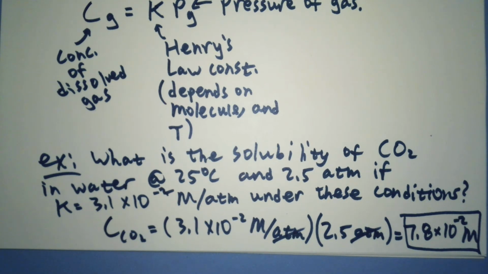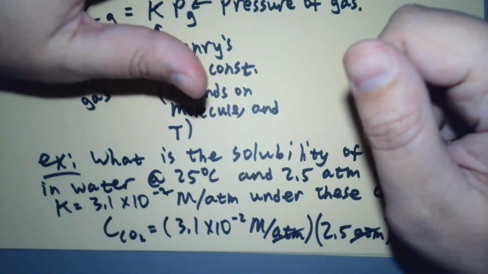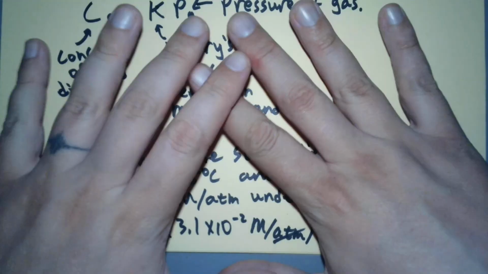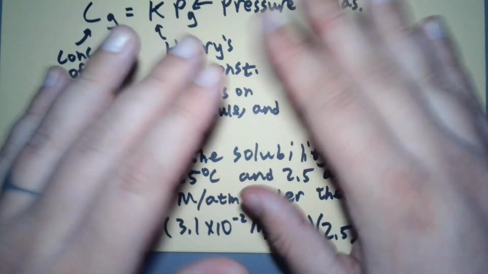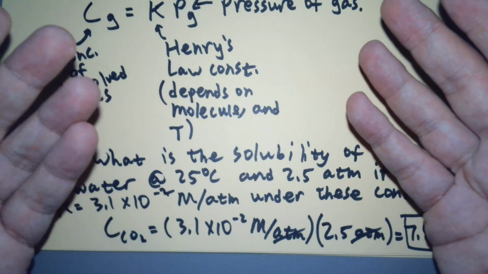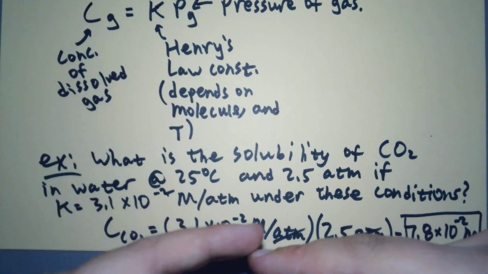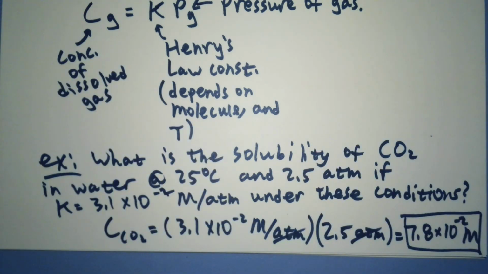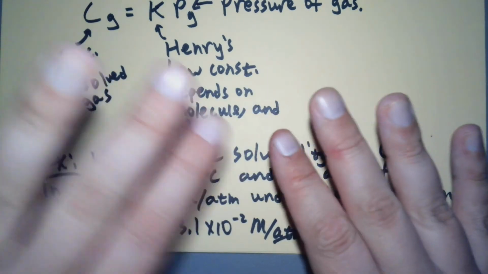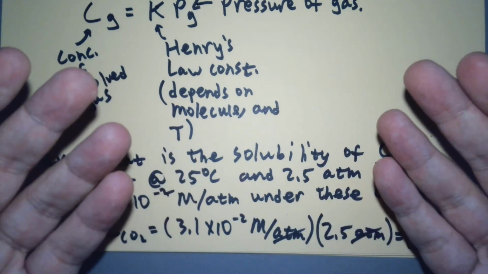Alright, so with gases, it's a different rule set than solids. Now we want to keep temperature down to keep the stuff dissolved, and we can up the pressure and compress more gas in there. And we can talk about a trend with intermolecular forces, because gases don't interact with each other. There's no pure solute IMFs we have to worry about. And so it's just, what's the interaction with my solvent? The more favorable it is, the more of it's going to dissolve. And that's the only thing we have to worry about with IMF. So very straightforward with gases, because half of it just gets thrown out. We don't have to worry about solute-solute interactions, because there are none, because it's a gas.